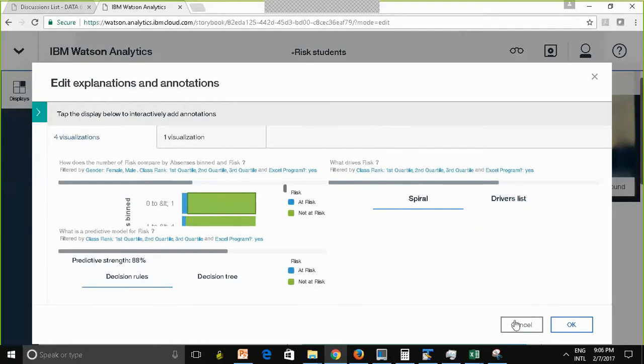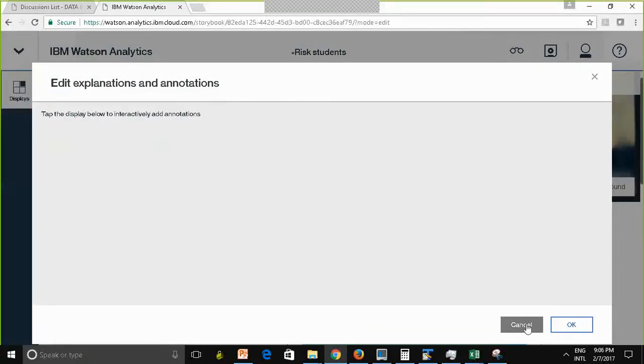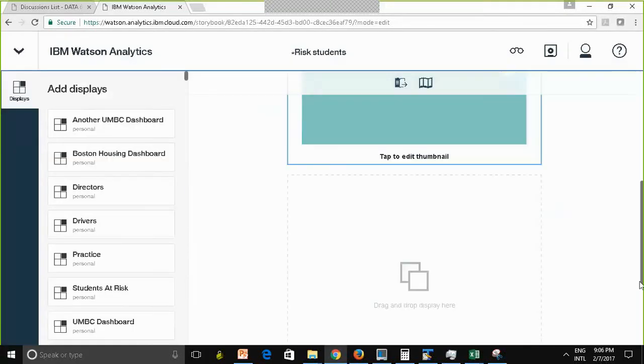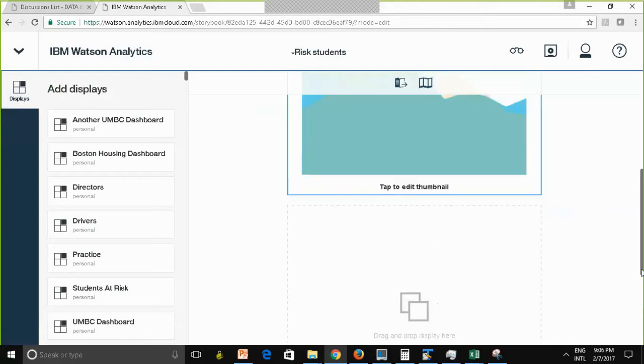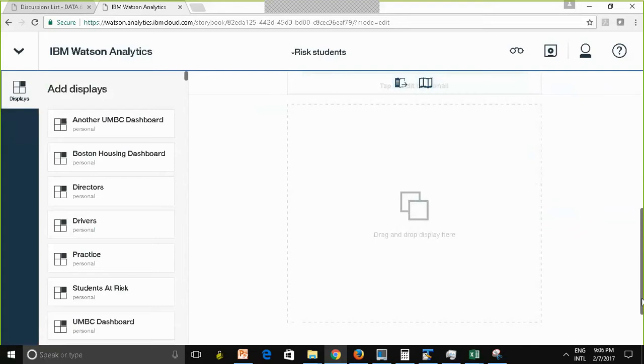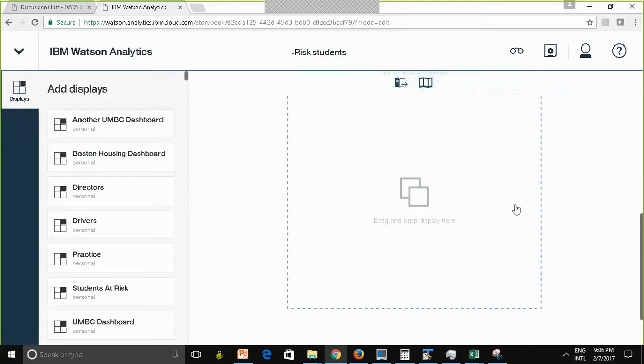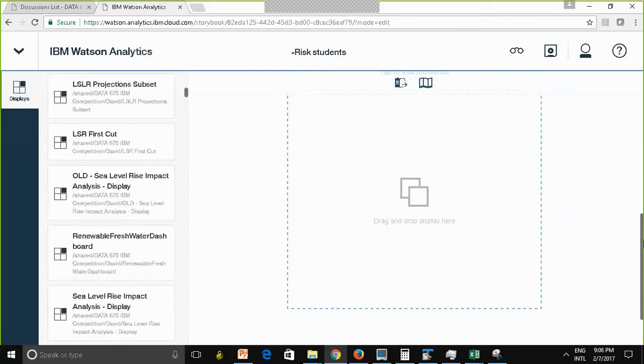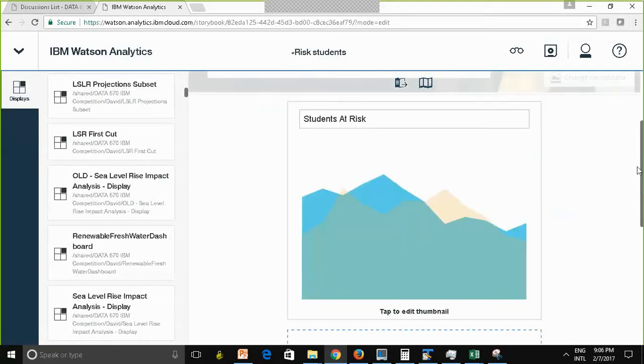Now let me do cancel. To add the next display, see this one, whenever you add the first display, the next thumbnail shows up, right? And I can add another one here, right? I can add another display. But instead, let's do something else. Let us swap this workbook to the view mode,